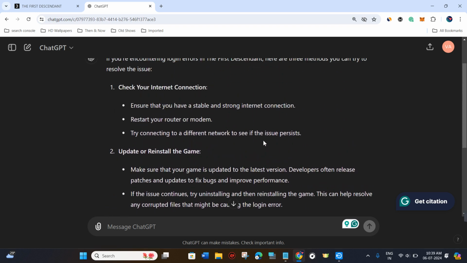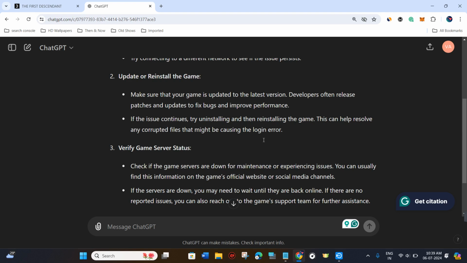So these are some of the methods that you can try to fix the login error in The First Descendant